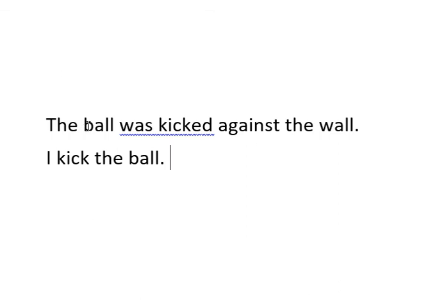So the ball, the object, the verb, was kicked against the wall. Well, who did it? It clouds our understanding of what's taken place. It starts to undermine the clarity of your argument, and that's why that blue squiggly line flags up. You've potentially lost clarity, and formal writing needs to maintain that direction, that sense of clarity, and that methodology that your teachers so often talk to you about.